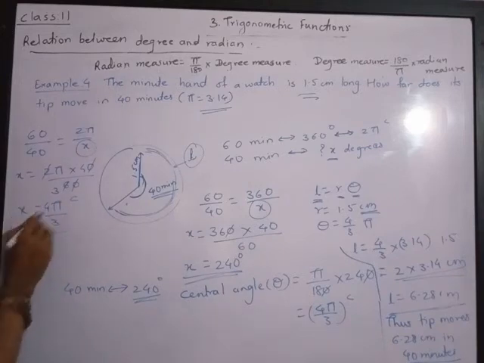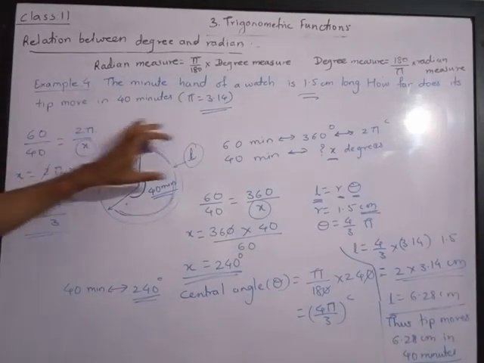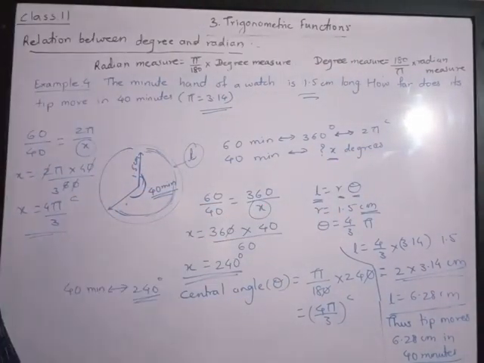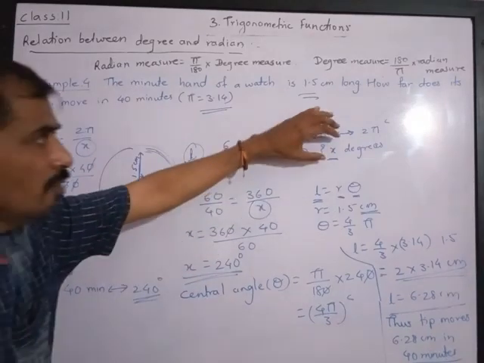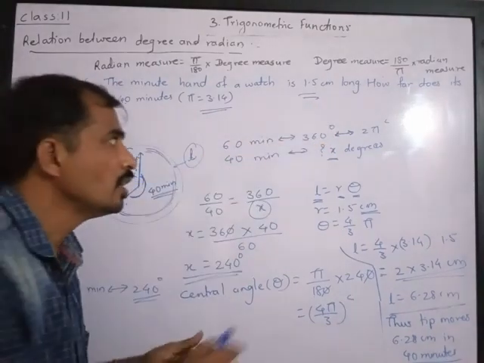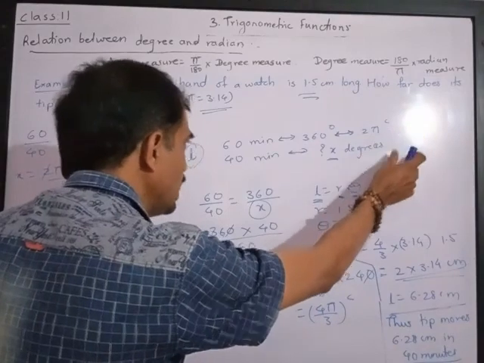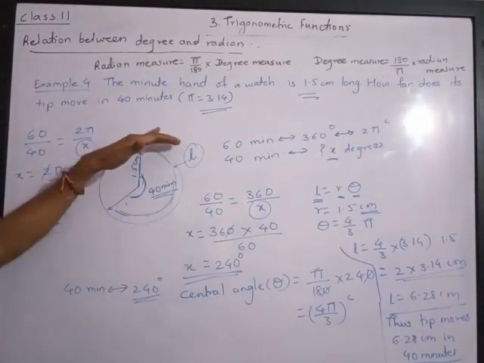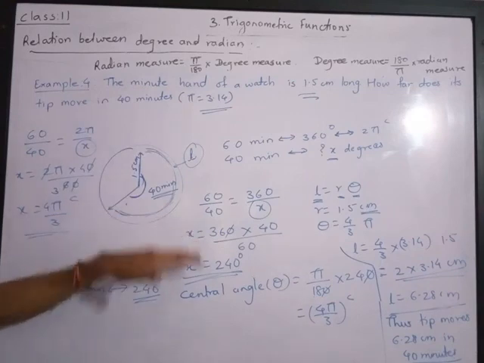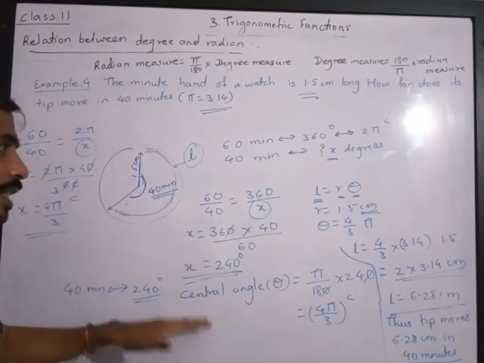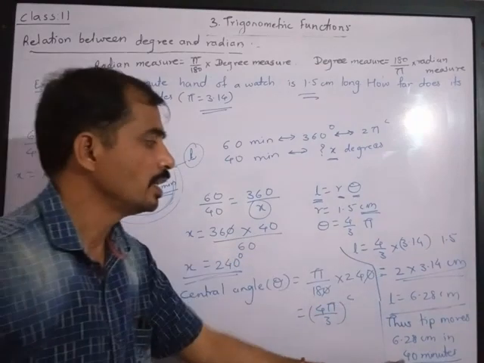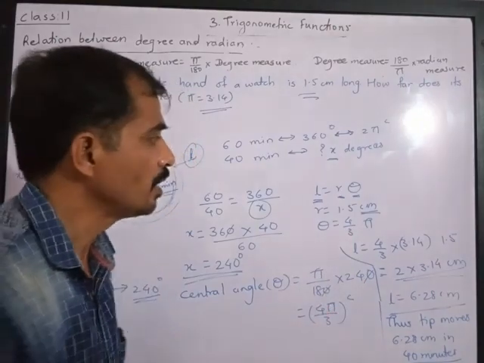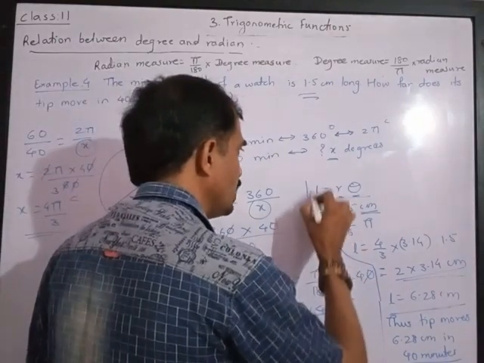So direct conversion is also possible if you take radians. If you take x degrees or x radians, you can do the direct conversion as well and then solve the problem. Or you can use this conversion, first convert into degrees, then degrees into radians, and with radians you find how much it moves by using the formula L is equal to r theta. This formula L is equal to r theta.